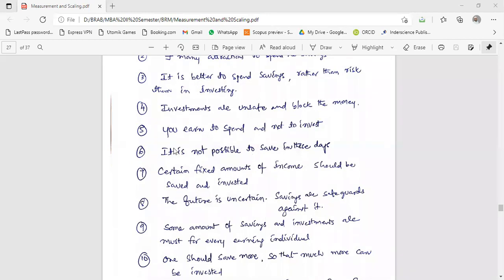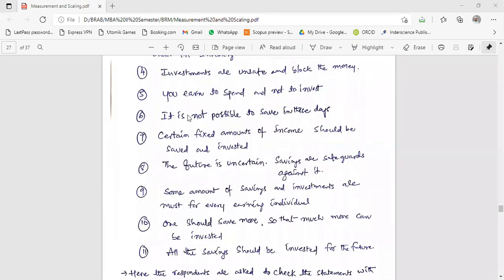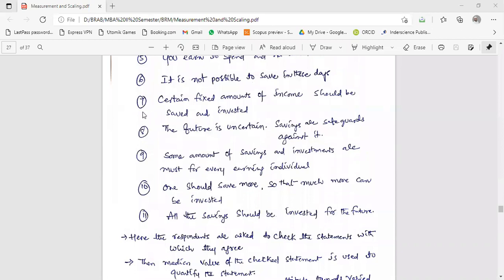I mean, these first six statements represent an attitude of unfavorableness towards savings. People are having an unfavorable attitude towards savings. But the remaining five statements, statements 7, 8, 9, 10, 11, will give you the positive responses. See, a certain fixed amount of income should be saved and invested.